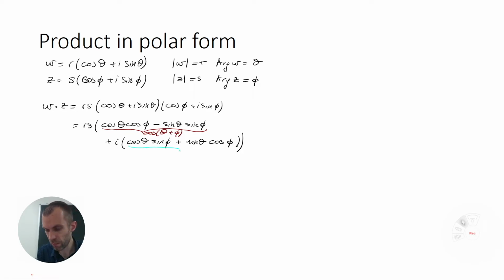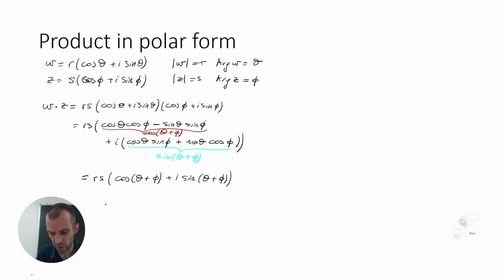And for the imaginary part, what you end up getting is that this is sine theta plus phi. So in conclusion, we can write the product as r times s, cosine theta plus phi plus i times sine theta plus phi. And what that tells us is that